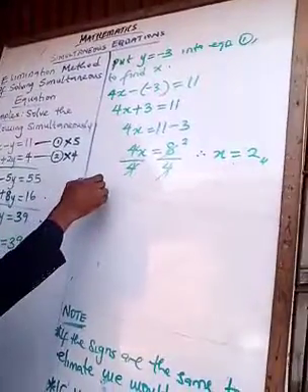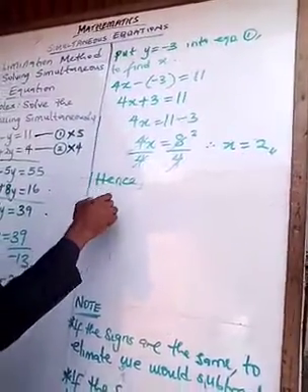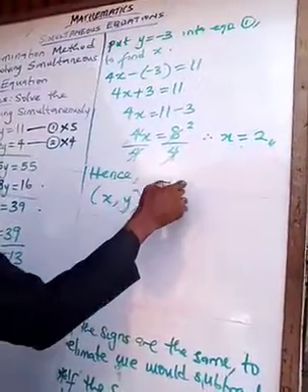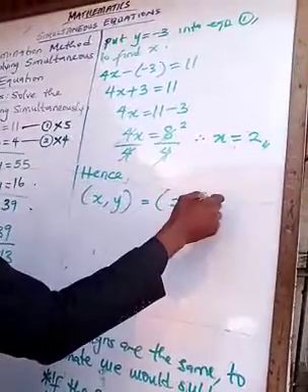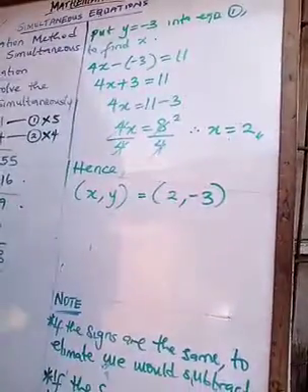So, you can write it in coordinate form. When x is 2, y is minus 3. So let's